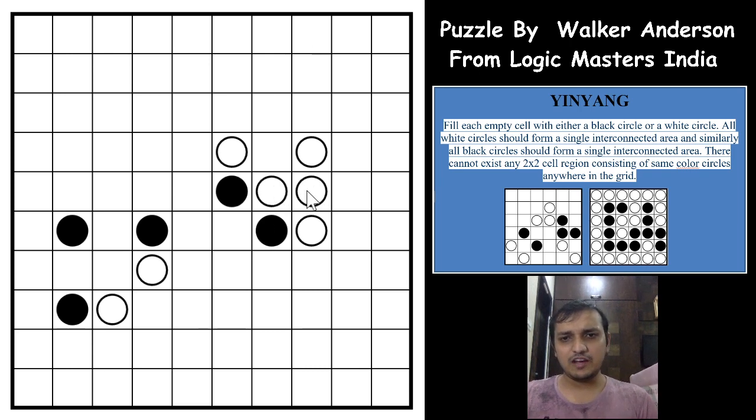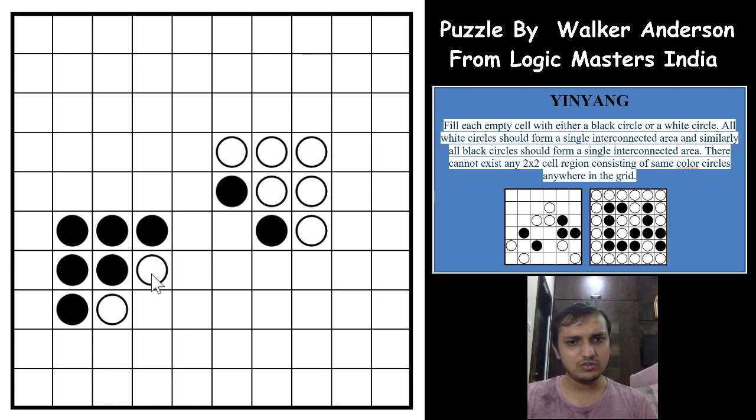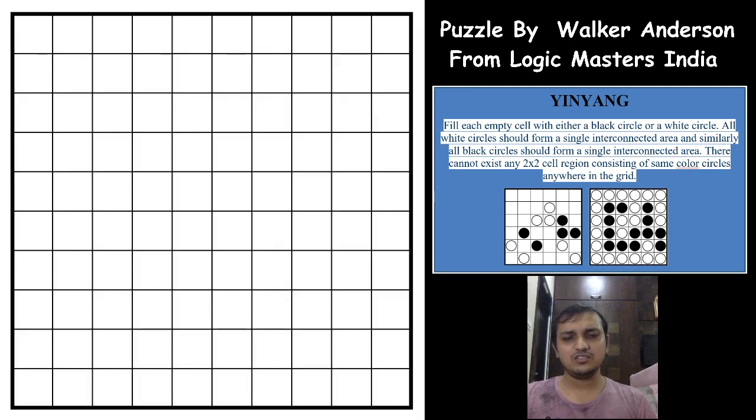So here if we have a black circle here, it forms a checkerboard pattern, right, which makes this circle a white circle. The same way if you have a black circle here, you form a checkerboard pattern, which means you will have a white circle here and you will form a 2 by 2 group of all white circles. In the same way if you have a black circle here, you will have black here too and here also, because you will restrict forming a 2 by 2 group of cells as a checkerboard pattern, and you will then form a 2 by 2 group of all cells either all black or all white, which will again violate the rule. So these are the tricks that will help you to solve the puzzle very easily.